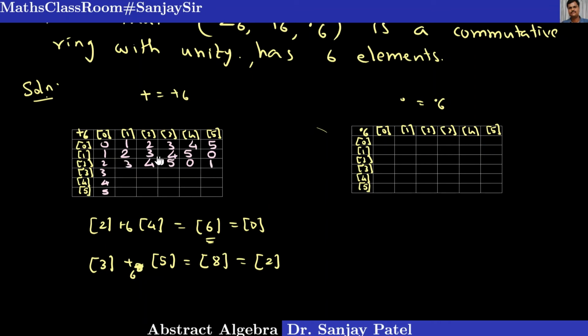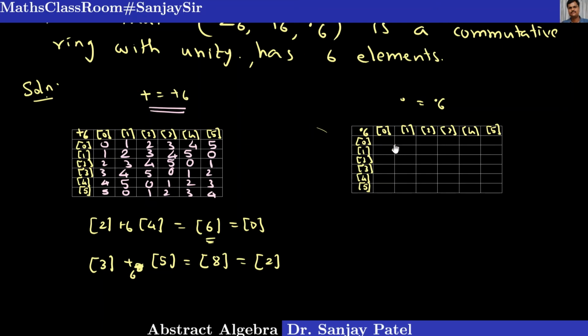You can understand the pattern for addition is very simple. 0, 1, 2, 3, 4, 5, then 1, 2, 3, 4, 5, 0, then 2, 3, 4, 5, 0, 1. So all numbers are shifting in this direction. So I can write without even thinking 3, 4, 5, 0, 1 and 2. Then 4, 5, 6, 6 means 0. Then 1, 2 and 3. Then 5, 6 means 0, 1, 2, 3 and 4. So finished. This is the combination table for the operation of addition modulo 6.